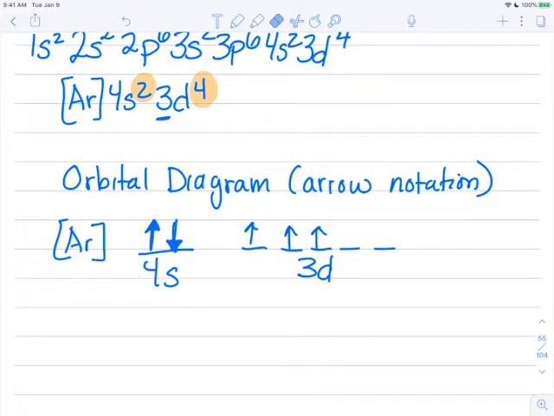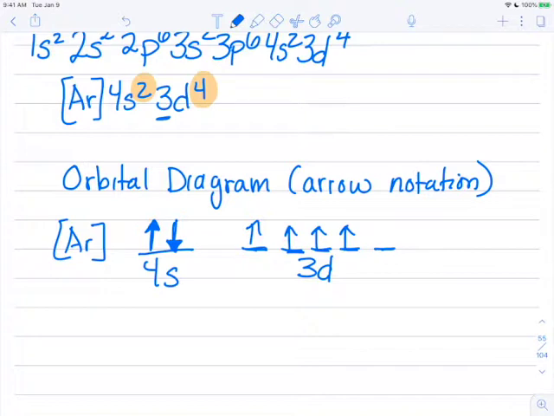But if there is an equal energy orbital, and we officially call these degenerate, the word degenerate just means equal in energy. So if these are all equal in energy, there's no reason to double up these electrons, which creates a high energy, unstable environment, when we could